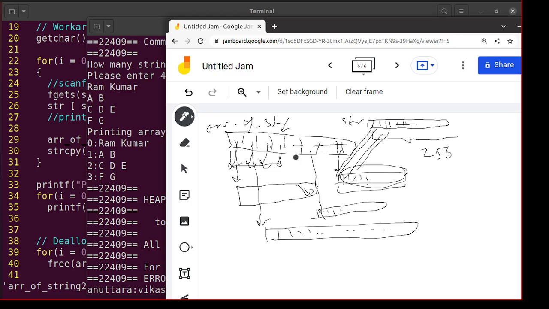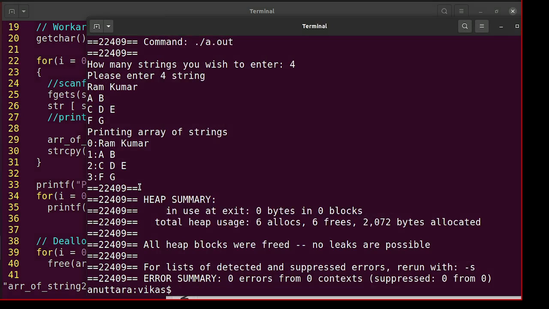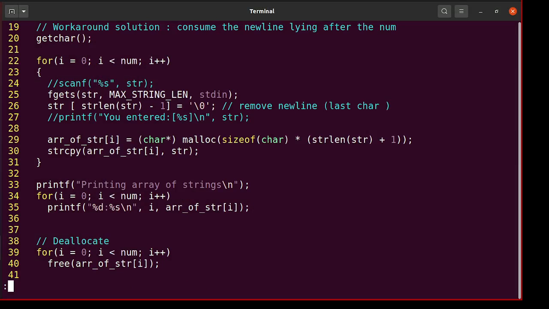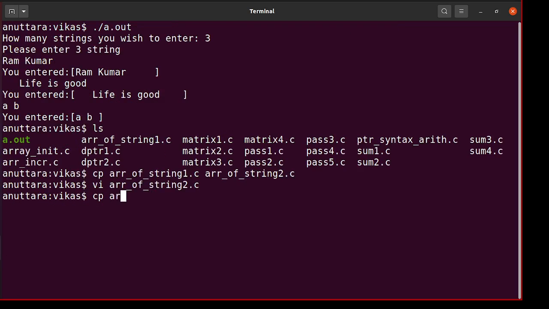Now let's go a way further. One may claim that you have this array of pointers and you are wasting this space. You were able to do with 4 pointers. Why did you allocate an array of 50 pointers? So that can be the claim of some reviewer. So to satisfy that reviewer, I will minimize that memory also. I will change it. Here is my next version, array of string 3,